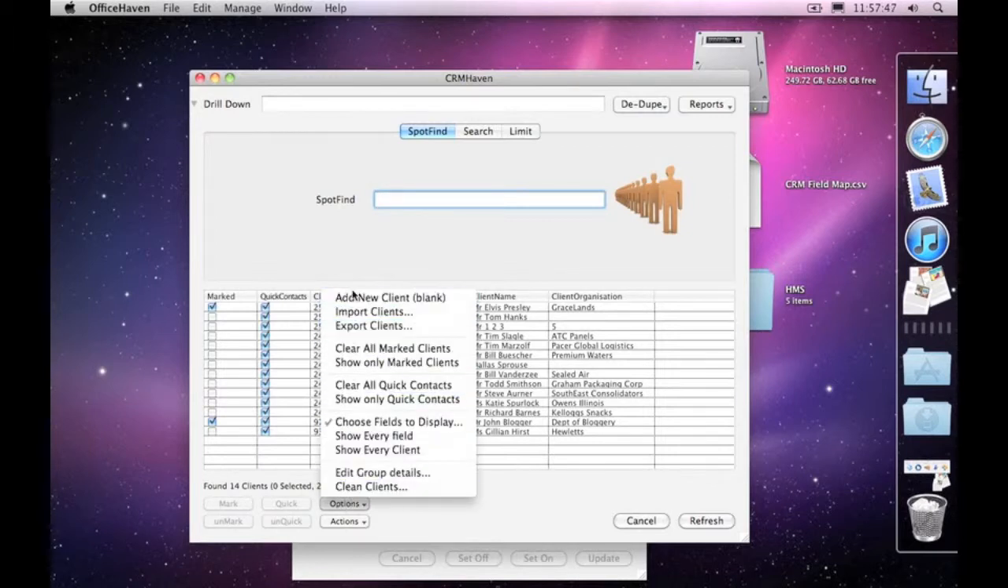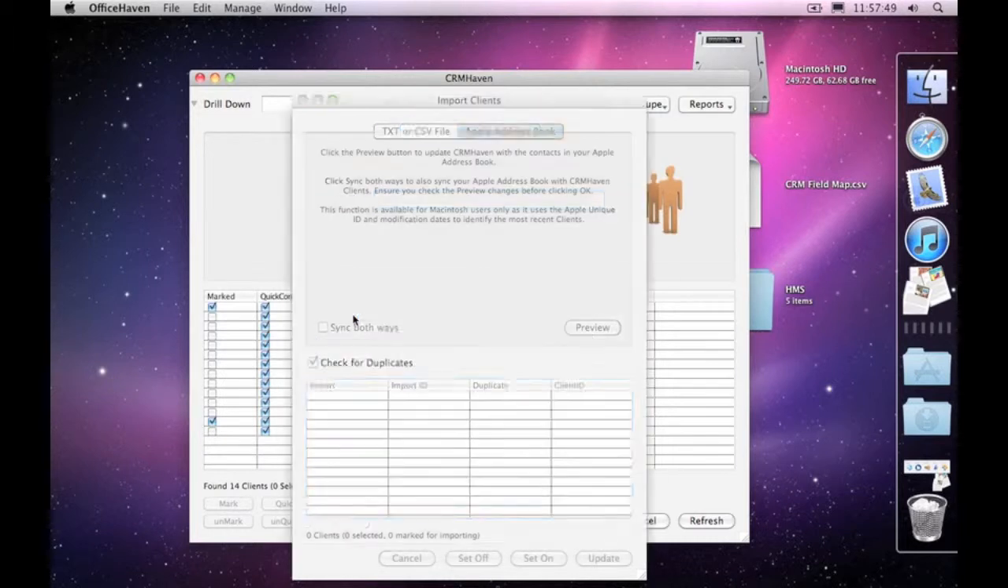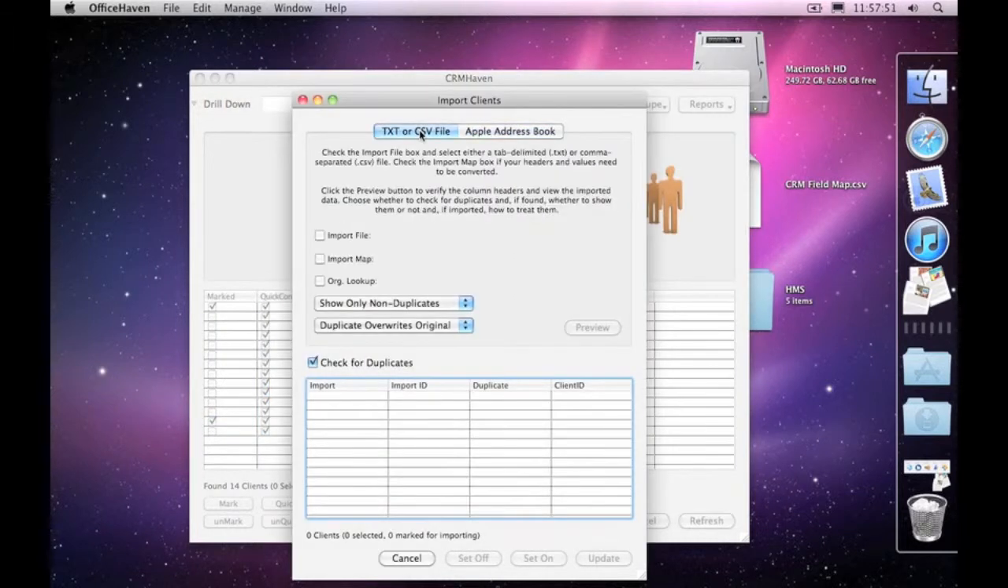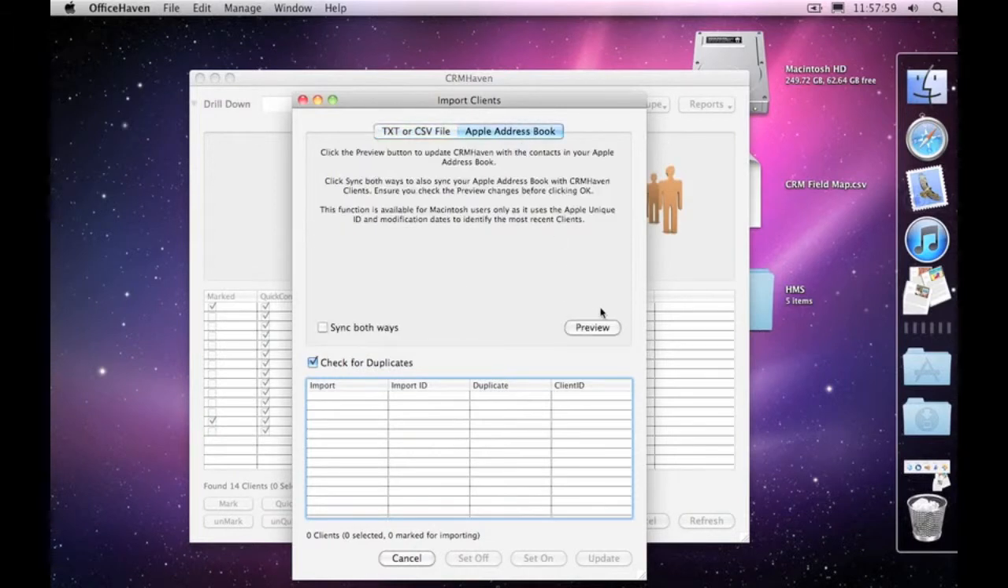So let's come down here and go Import Clients. Normally we'll import things via a text file or a CSV file. For Apple users, you can click on this Apple address book, and for Apple users, this preview button will be enabled. For others it's going to be grayed out. The sync both ways is a bit buggy at the moment, so I would tend to leave that